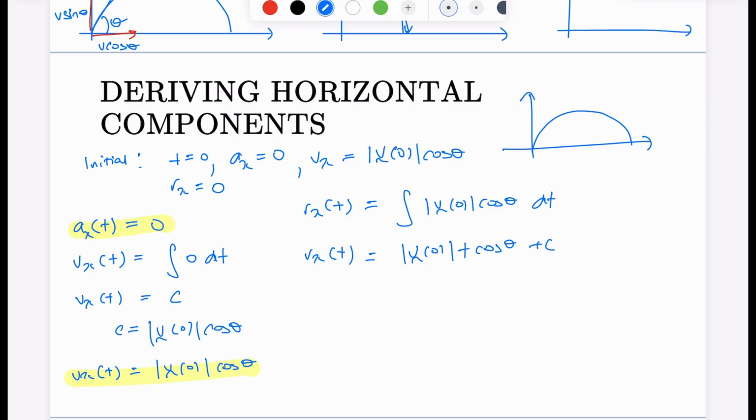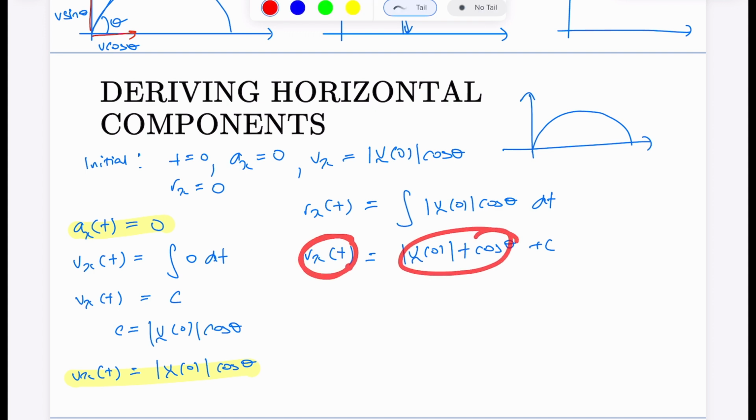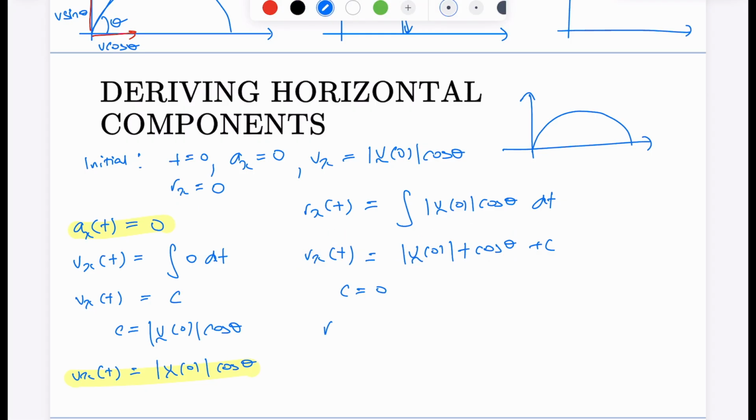Okay, now what I need to do is use my initial condition. So when t is equal to 0, we said that my displacement was equal to 0. So that means when I plug in t is equal to 0, this stuff will all be 0. And we saw that the initial displacement is 0. So that means our c value is just 0. So then I can finalize my,